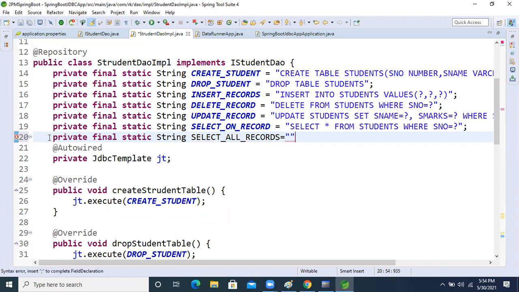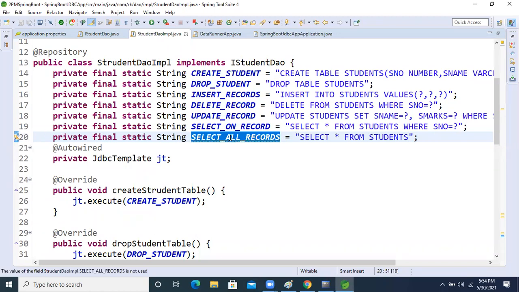Now what will the query be? Select star from student. Select star, that's it. Okay, select star from student, right? That's it. Now copy this one.